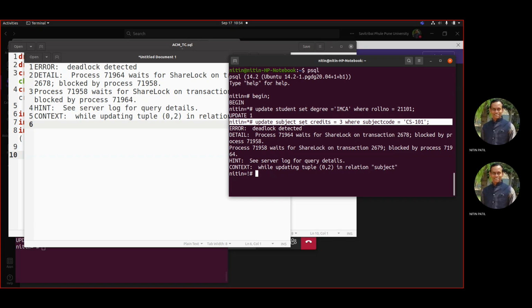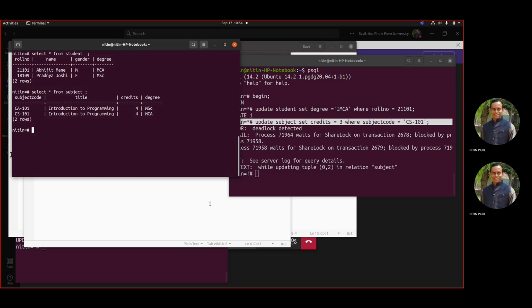One can create multiple scenarios like this. Here I took only two tables. You can have multiple tables. Now, if I go back and try to see what exactly the changes are that were made, if I see subject, you may see no change was made. But if I see student,